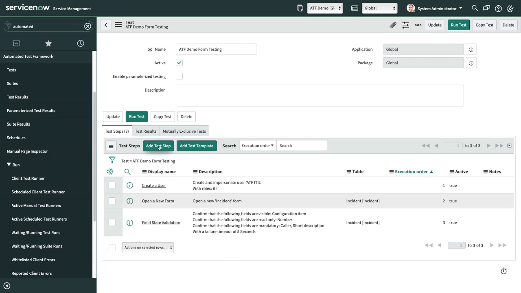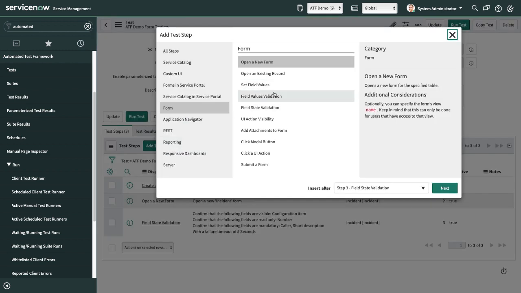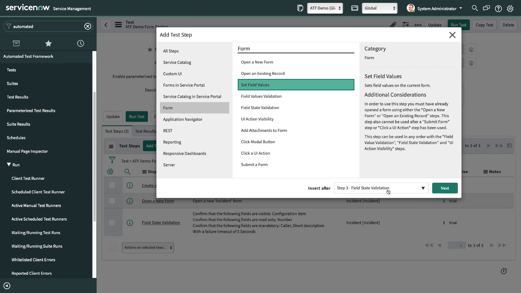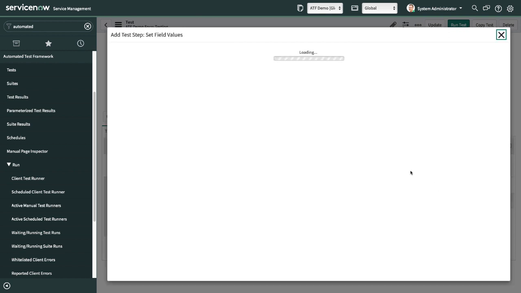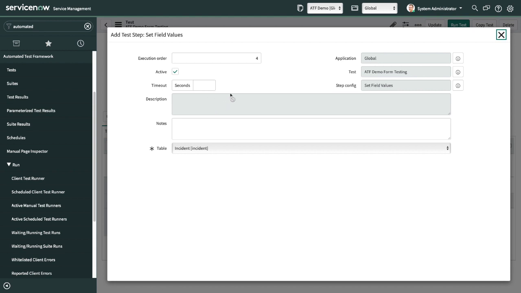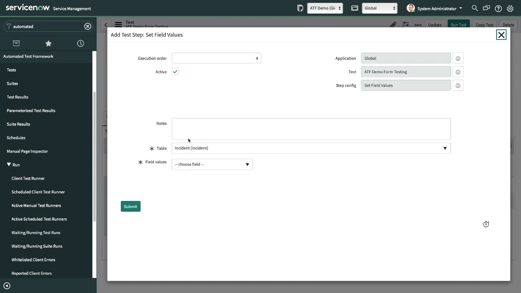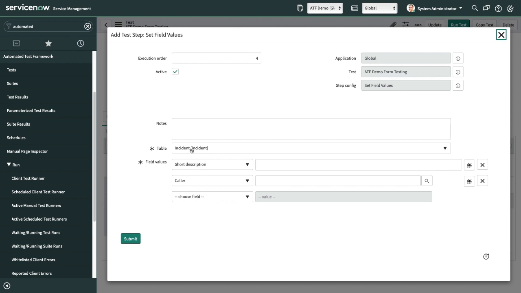I will create another step. This time I will set the values. I will set the values after step 3, that is state validation. I will click next. It will automatically pick the table, and that's something you can see. The reason behind it is that you are using that execution order, so it will automatically take the output of what table was selected before. It will automatically push that table into this particular field so that you don't have to select it again. In that case, I will put ATF